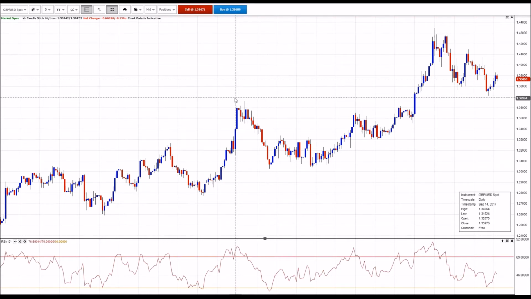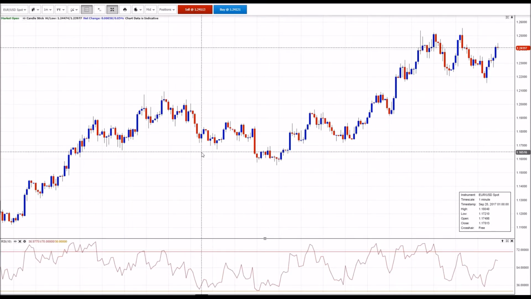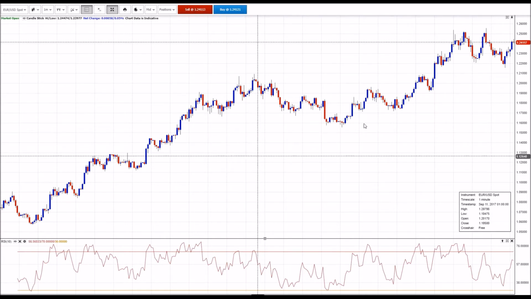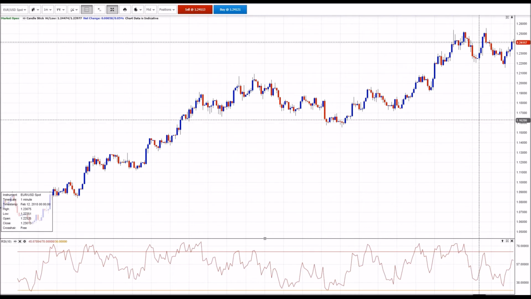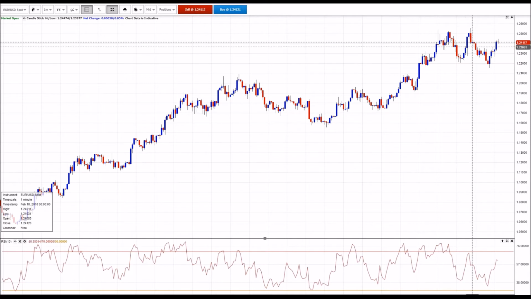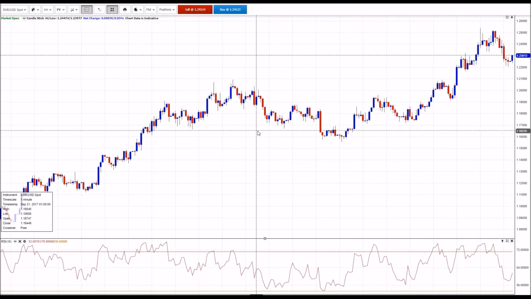So, just to explain what that is, I can't really see an example here actually, so it's a bad one to use. But what divergence is: the RSI is just a calculation based off what the price is doing. So in the great scheme of things, if the price is going up, I've flipped this to euro dollar now, if the price is going up, the RSI should be going up. If the price is falling, like here, then the RSI should be falling. But when the market does one thing, but the RSI does something different, it can be a suggestion that maybe things are changing. Now, I don't have a perfect example on here, but what I'm going to look at